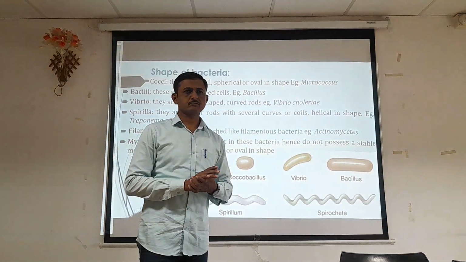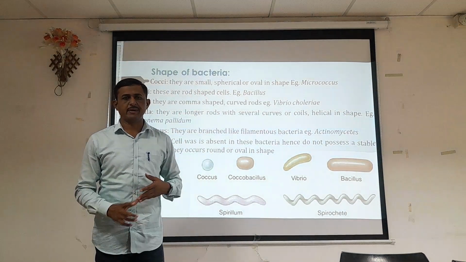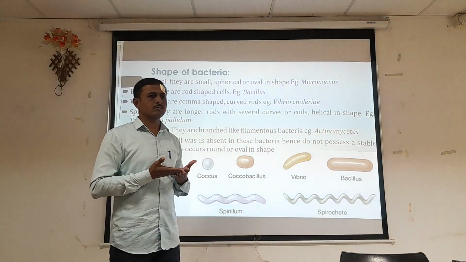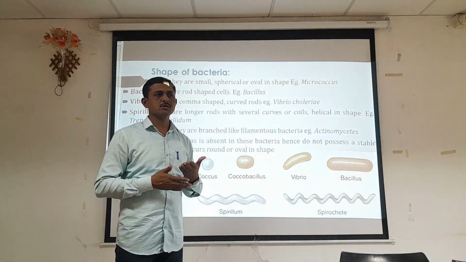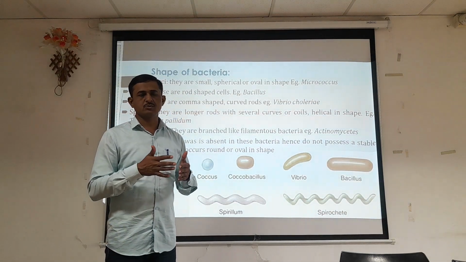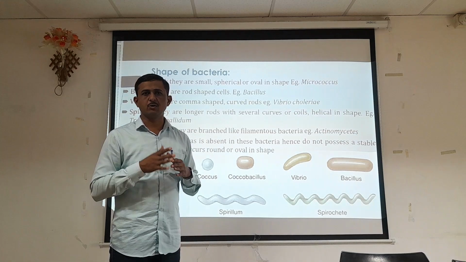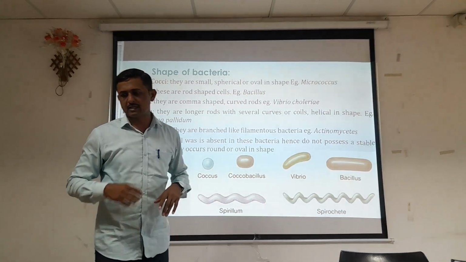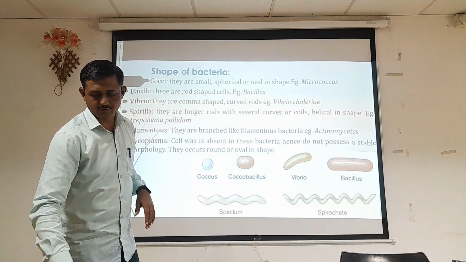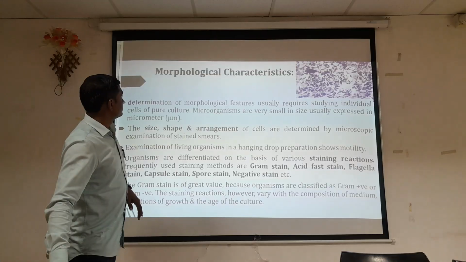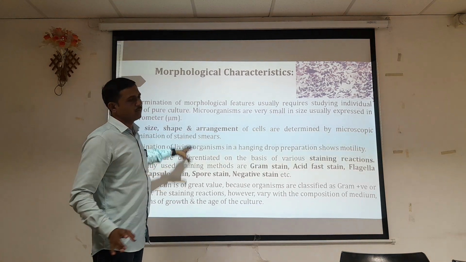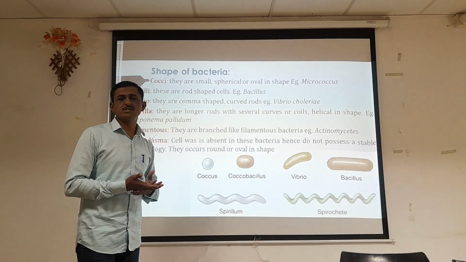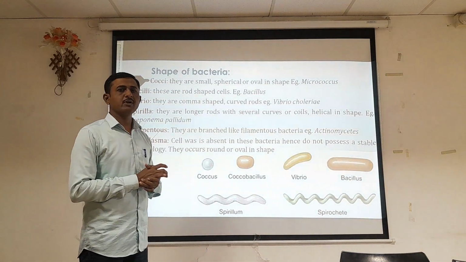Hello dear students. In the last lecture we discussed the micromolecular approach, and now we have to discuss the different characteristics which are used for proper identification and classification of bacteria into particular groups. Here we will discuss how bacteria are classified on the basis of their size, shape and arrangement. So we will discuss the morphological characteristics, in which different staining techniques are used. On that basis we can distinguish bacteria into different groups.